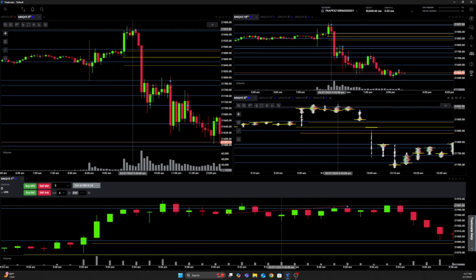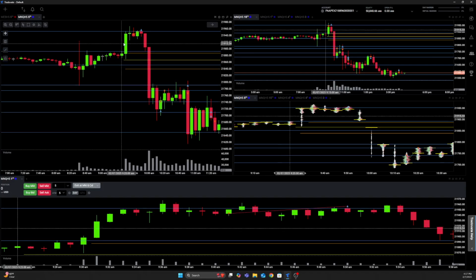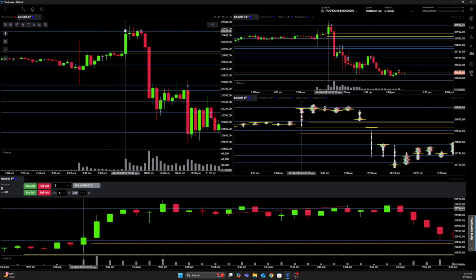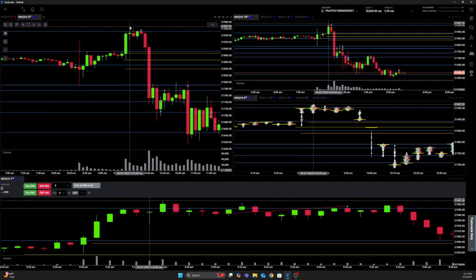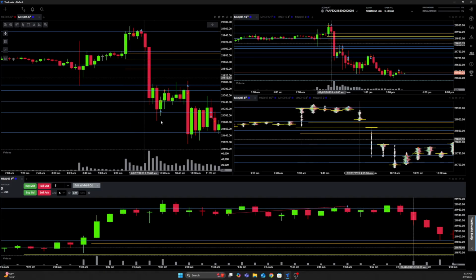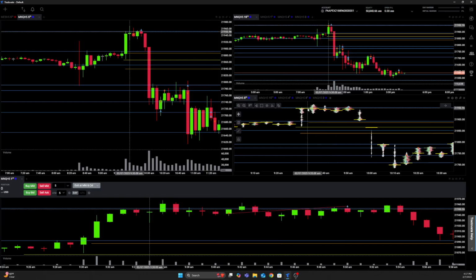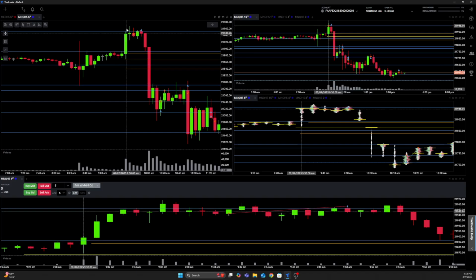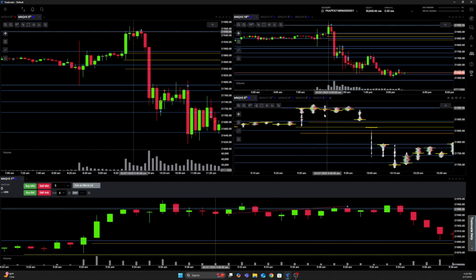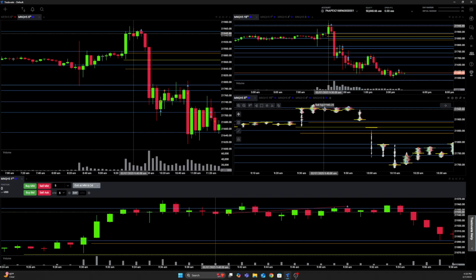So why did I take a short here? The first thing I noticed is we had price move up, touched this level exactly, pulled back a little bit. Price tested this level again, pulled back a little bit. What was I watching? I was watching these points of control on the 5 minute. This is just the area where the most volume happened on that 5 minute candle. So there's a ton of volume coming in right up at this level where I'd expect resistance to happen. And you can see that as price tries to push above that, it keeps getting pushed down. So I entered short.